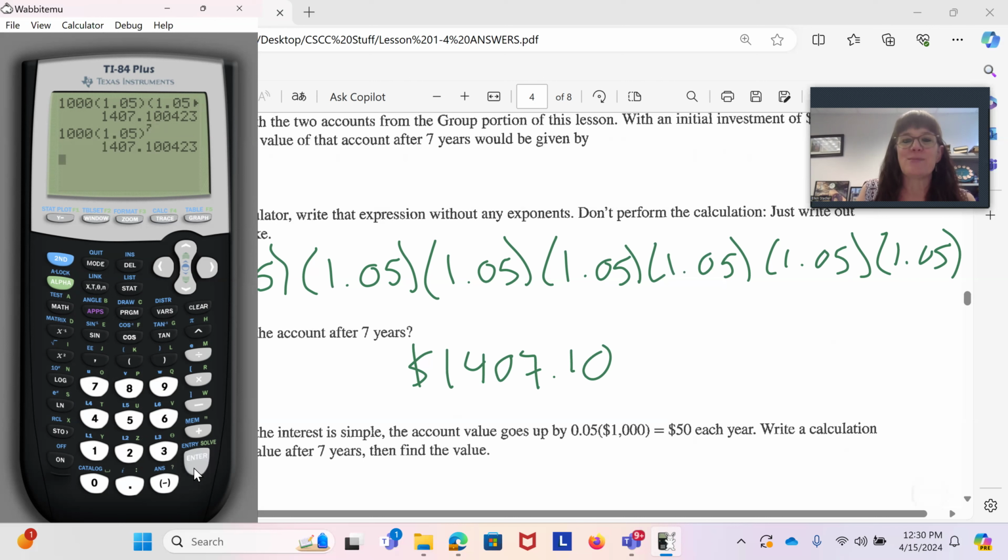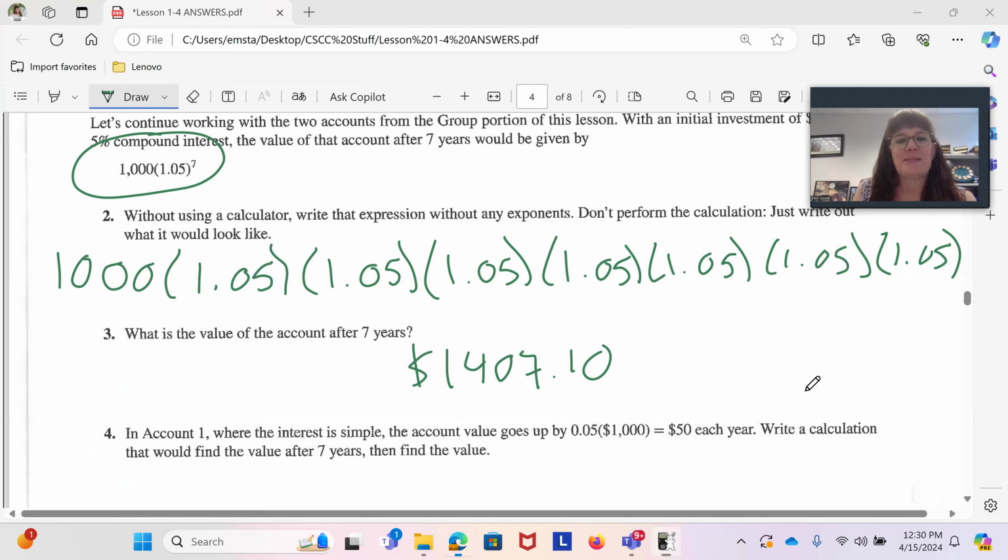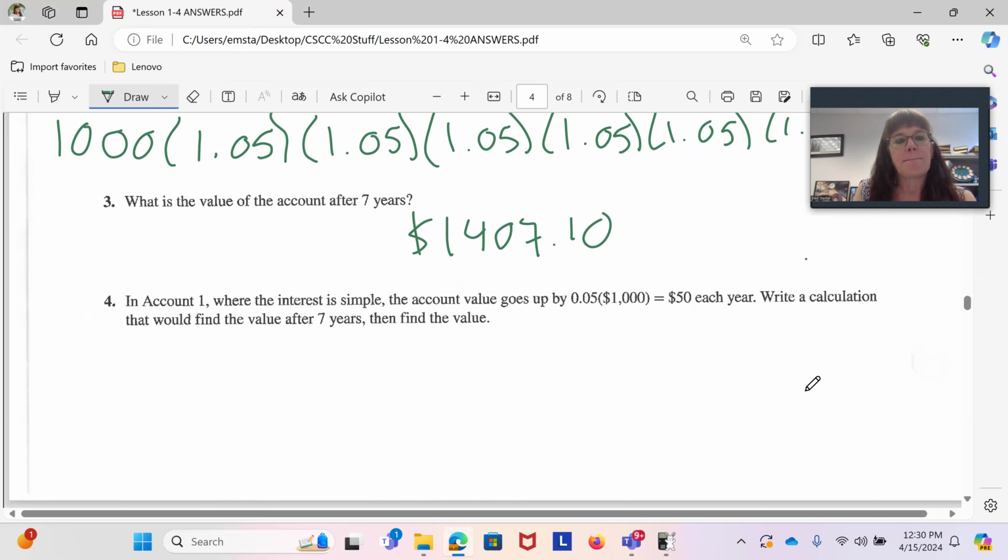I got the same answer, and it was a whole lot easier to do it that way. So definitely get some practice with the calculator. It's a great tool. 4 goes back to the simple interest account where we're only going up by $50 each year. They want us to write a calculation that would find the value after 7 years and then calculate that